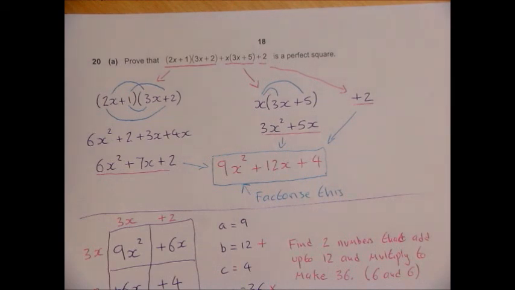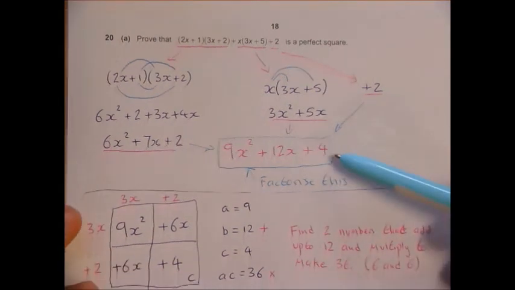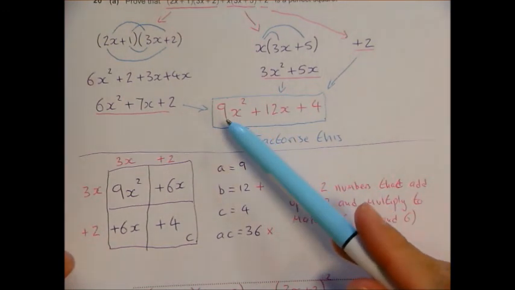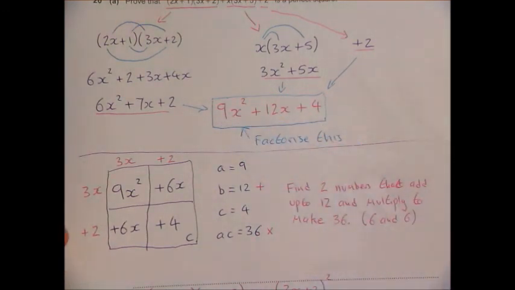Let's keep moving on. So we've got to work out it's a perfect square. So what I have done here is I've factorised it. So this is factorising a quadratic with a coefficient of x squared. Nasty business for some of us. So what I've done,